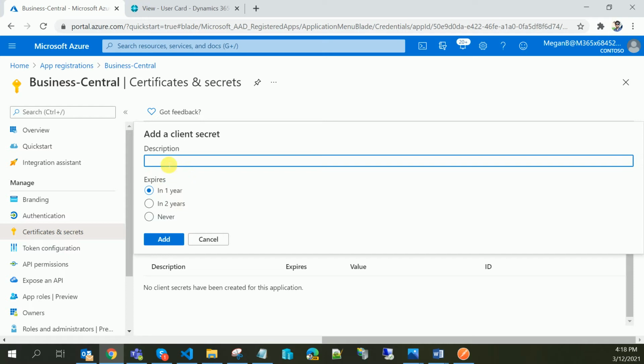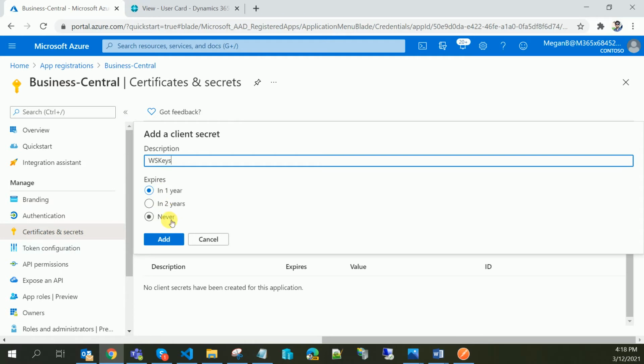Here you can add any description, like I'm assigning web service keys. You also have an option to set when the secret key expires. There are three options: this key will expire in 1 year, in 2 years, or never.